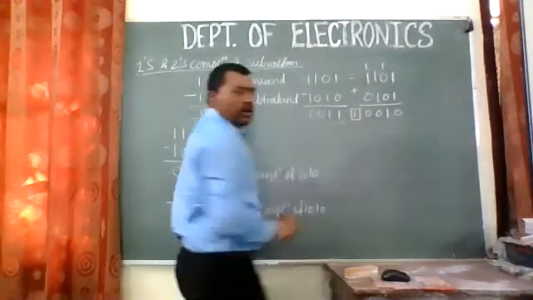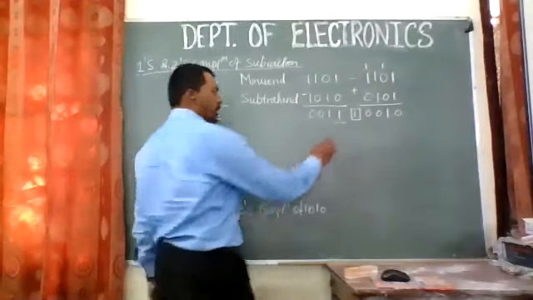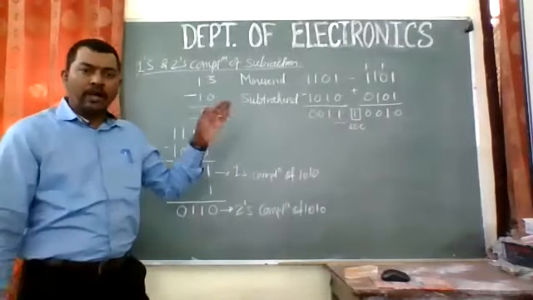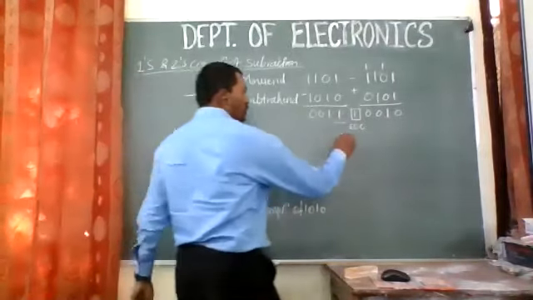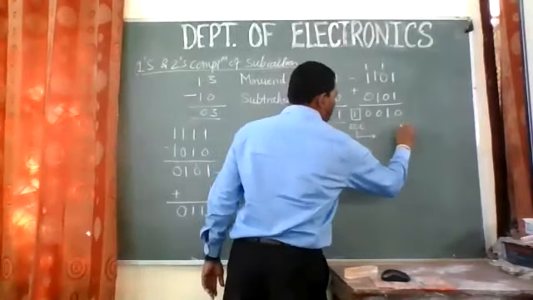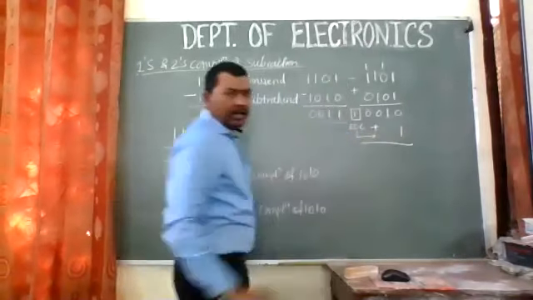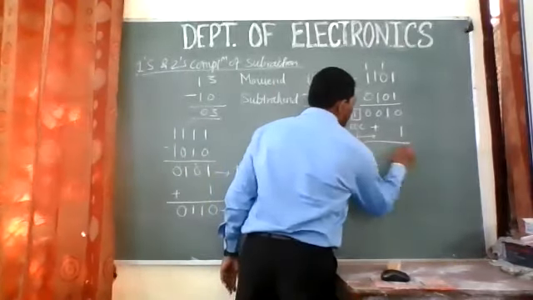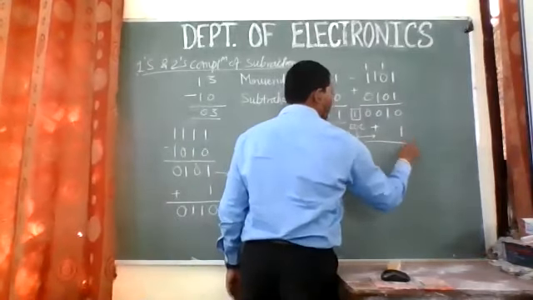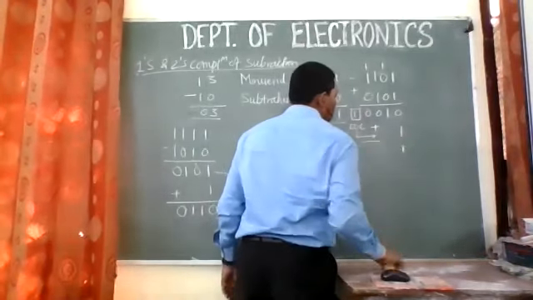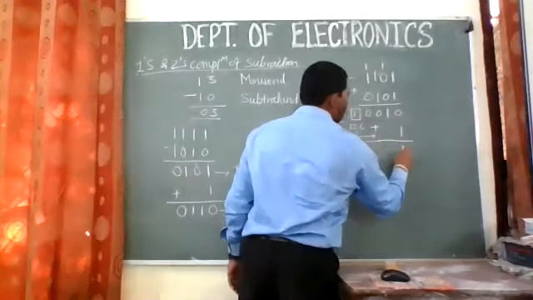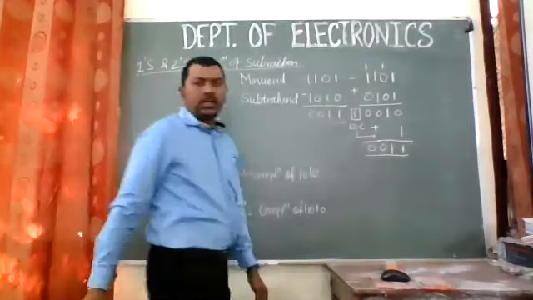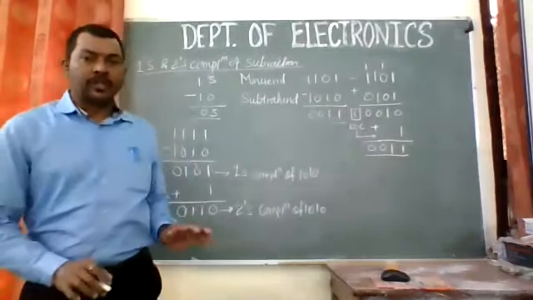So we have an end around carry again, which is generated over here. We are calling it EOC. So we have to add this end around carry to the result over there. So we are putting 1 over here and we need to add it again, right? So when we add this number, we get 0 plus 1 is 1, 1 is 1, 0, 0, 0, 0. So the number, if you are able to see here, the result is the same, that is 3.